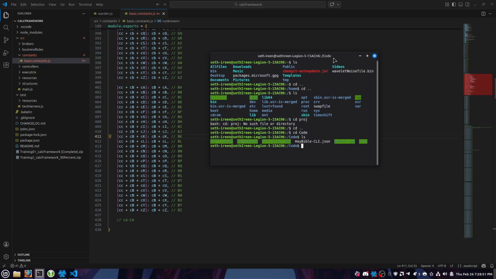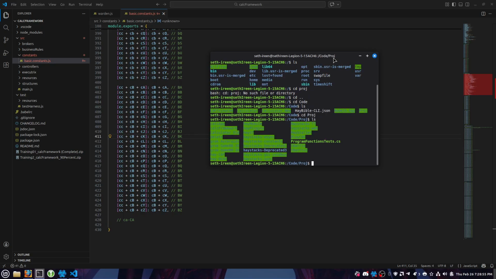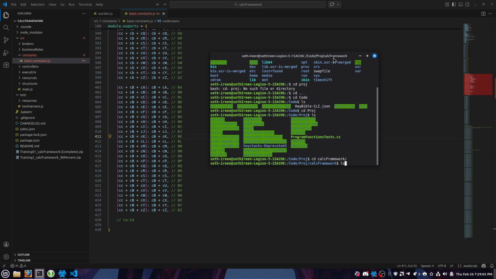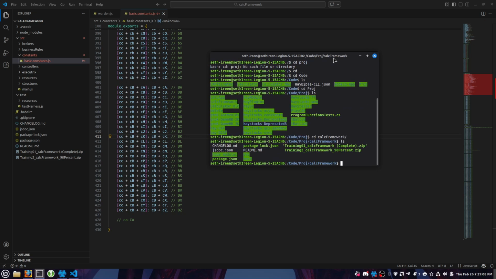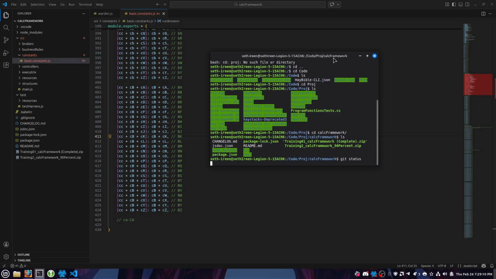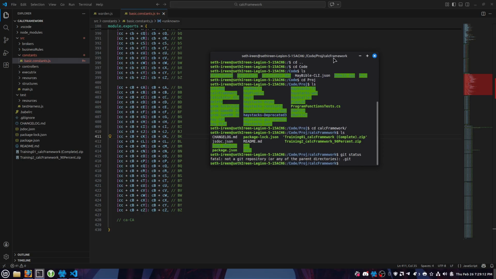Okay, and so here we have proj. cd proj, ls, and this one is cd calc framework, ls. Okay, and here I can do git status. Oh, it's not a repository. Oh, that's right. Okay, well, normally what you would do is